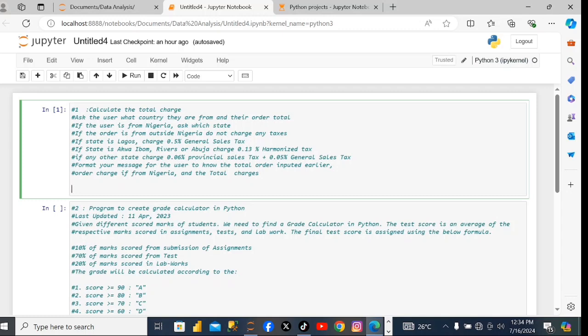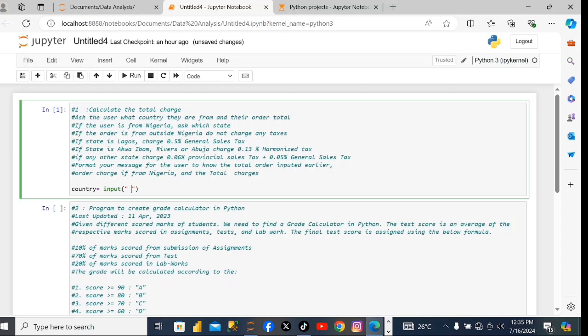So to start solving this problem, we must first write code so that Python will give you a prompt to enter certain values once the user comes up. So let's start with country. Country is equal to, as a variable, country, and then we write the code for the user to input